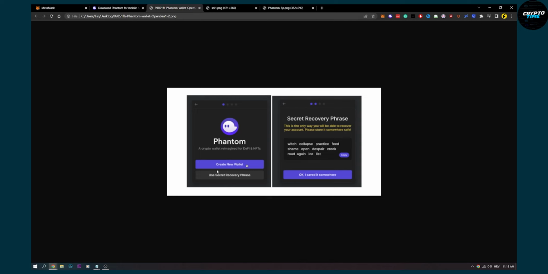So first, you will have to create new wallet, then you will have a secret recovery phrase. Make sure to save that secret recovery phrase somewhere offline, not on your computer, and then make sure to copy this and paste it on a notepad just for a couple of seconds, and then click OK. I saved it somewhere, and then you'll have to go through the process of verifying the seed phrase, and